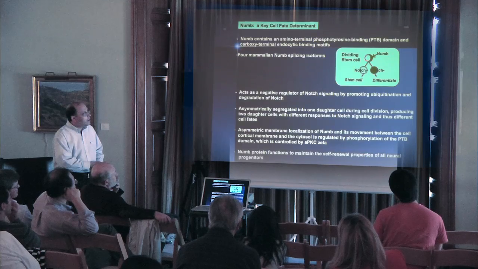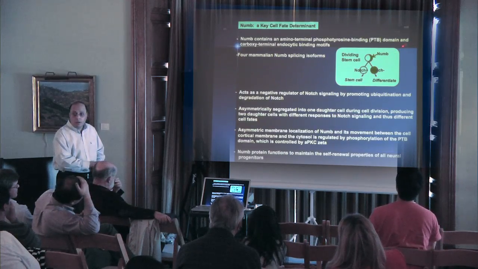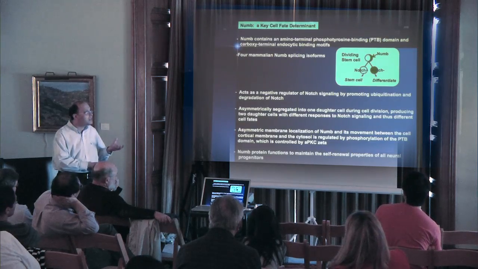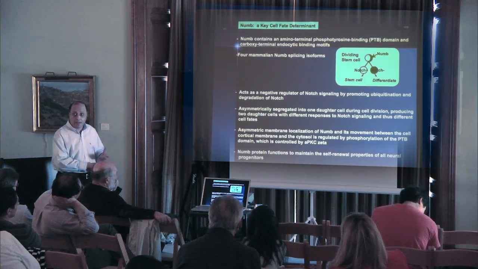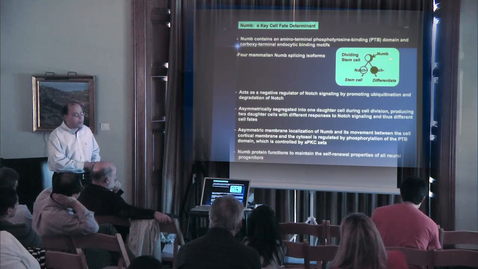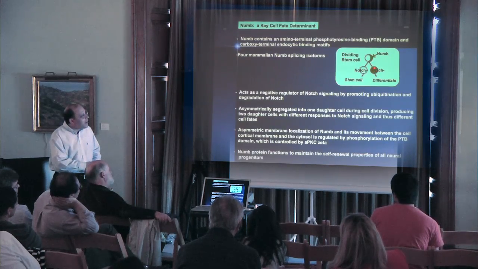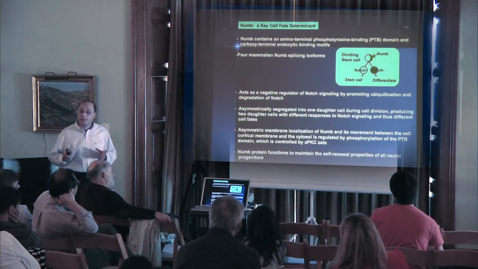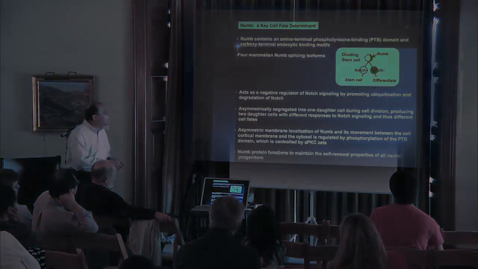Normally, in a wild-type stem cell during division, NUMB has a polarized localization, which is critical for NUMB function. Loss of polarity of NUMB affects its function and will therefore affect whether the division is symmetric or asymmetric. I will show you some data about it. So normally NUMB has a polarized localization. When the cell divides, NUMB is inherited by one daughter cell only, and in this daughter cell NUMB acts to inhibit Notch. In different systems, we know that Notch acts to maintain the identity of stem cells. So by inhibiting